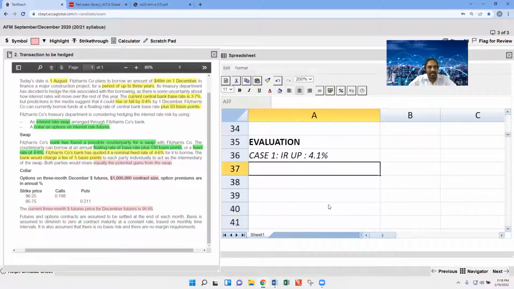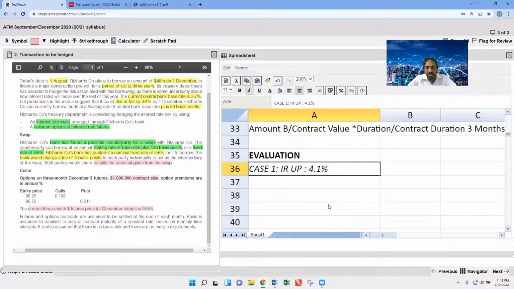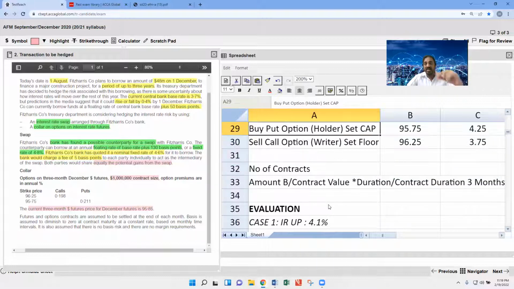So the first thing is that we have to compare the exercise price. Number one, the callers' evaluation, interest rate up. With the case of callers, if we are considering the interest rate up,